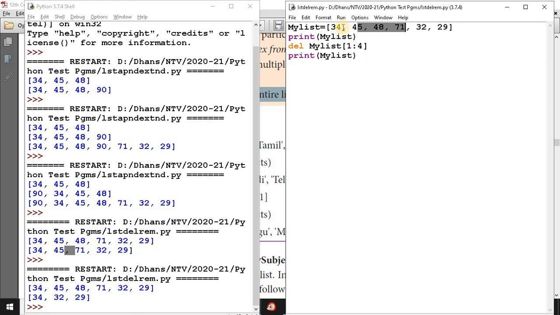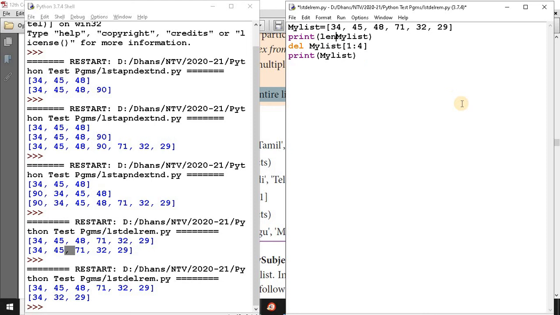So the list now consists of how many elements? 3 elements. After this del function, you can display the same thing by using the len function also.